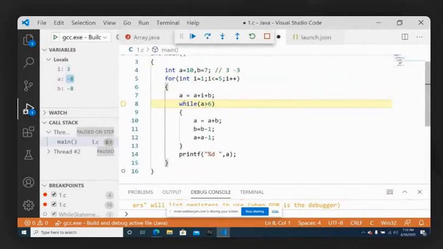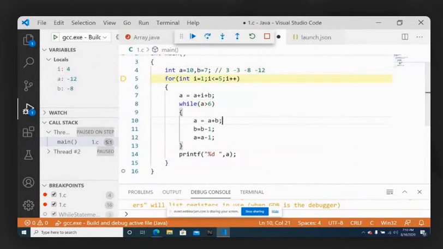With this a value, the while condition is absolutely false. Come out, print minus 8. So the next value that you will be printing is minus 8. Increment your i value, where i will become 4. Then you take this 4, a equal to minus 8, i equal to 4. So minus 8 plus 4 will be minus 4. Minus 4 minus 8 will be minus 12. So minus 12 being greater than 6 is not a true condition. So you will not enter the while loop. Come out. The present a value is minus 12, so you need to print minus 12. So after minus 8 you will be printing minus 12.